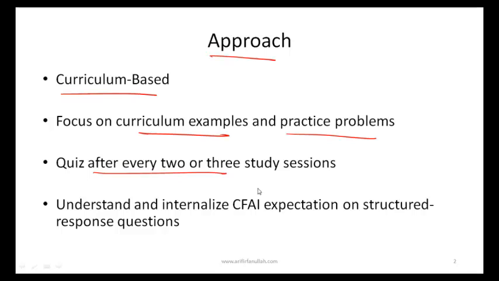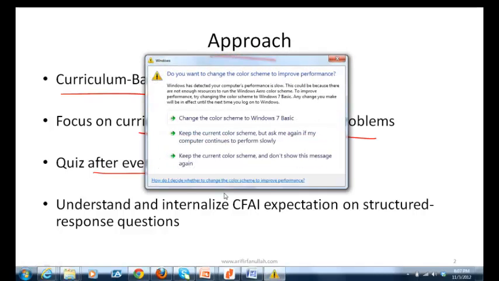We'll have a quiz after every 2 or 3 study sessions. So the point is that I expect you to stay with the class. If you leave everything to the end, that might have worked at level 1, but as you progress through levels, it becomes harder and harder. With level 2, you realize that it's a little harder. A lot of people say that level 2 is the hardest and level 3 becomes easier, but I actually disagree. I think level 3